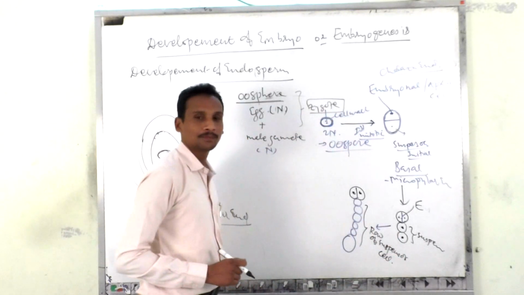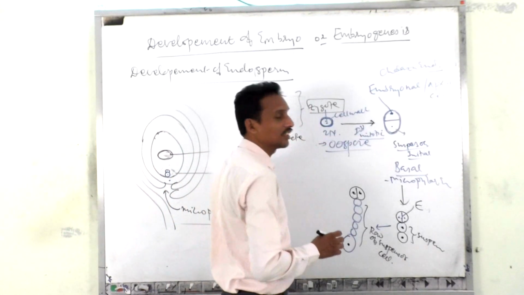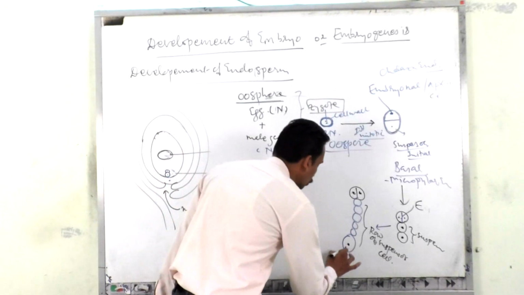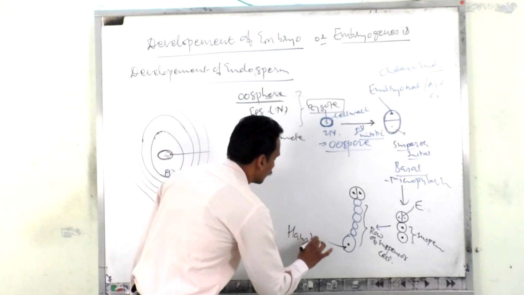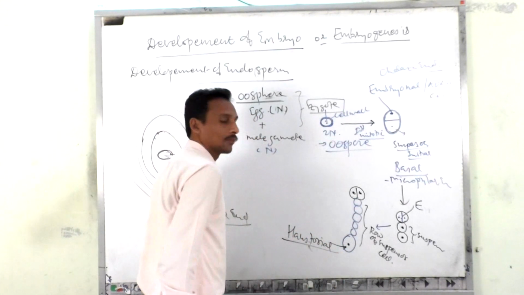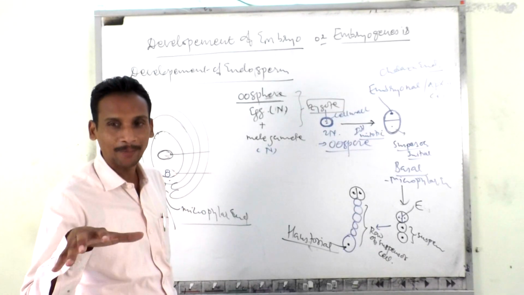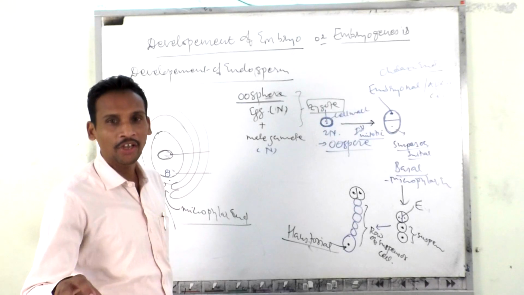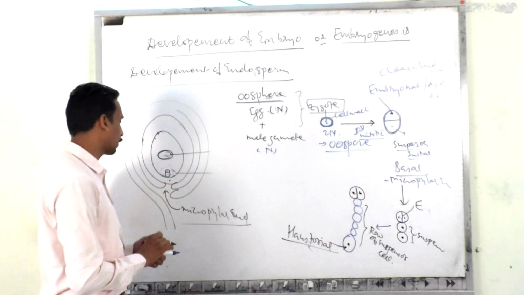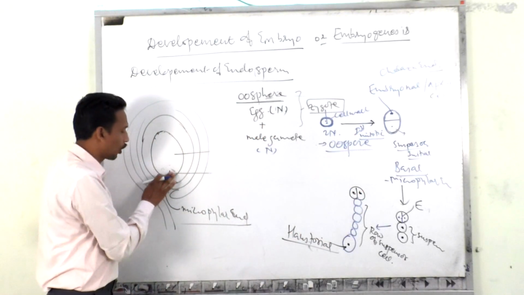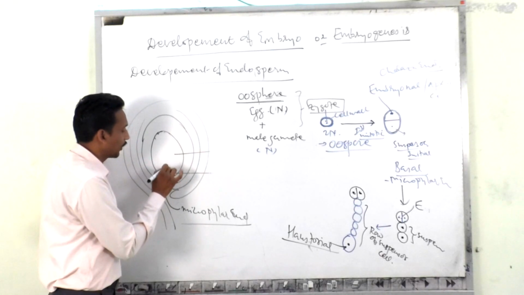Now you see that at the base the larger suspensor cell is present, which we call the haustorial cell. This haustorial cell is also called the vesicular cell, and this vesicular cell absorbs nourishment from the endosperm, which may then be provided to the developing embryo. So what has happened in this particular case? This one is the endosperm which has been produced there. Here is the suspensor cell, the larger cell, present in this way.